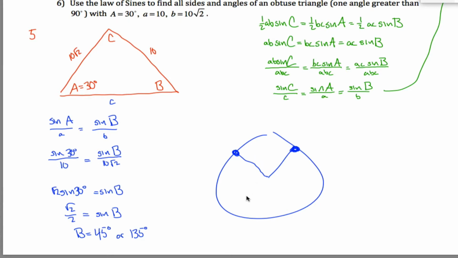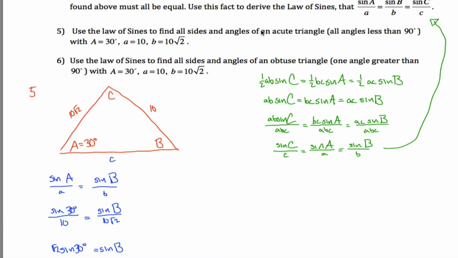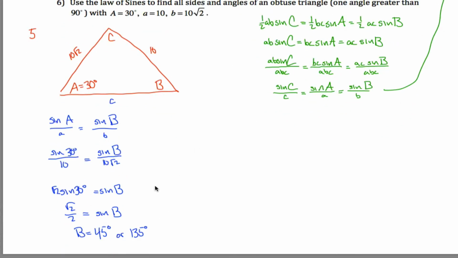So wait a minute, you got two solutions. How am I supposed to know which one I'm taking here? Well, in part 5, it says to find an acute triangle, meaning all angles are less than 90 degrees. So because it's acute, my answer must be this guy right here, that b is equal to 45 degrees. And once I know that b is equal to 45 degrees,